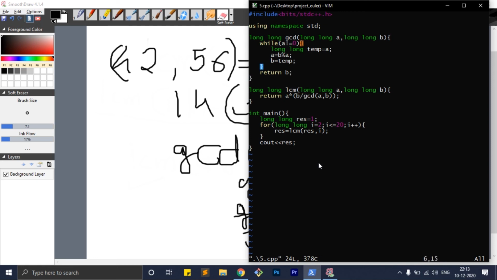And then how do I calculate GCD? This is the simple Euclidean algorithm here. I keep on doing this while A is not equal to 0. I could write a recursive solution for that. It would be fewer lines of code, but this is easy to understand. Then I declare and initialize a temporary variable and store A in it, because I'm going to overwrite A, so I want to store A first because B will become A after that.